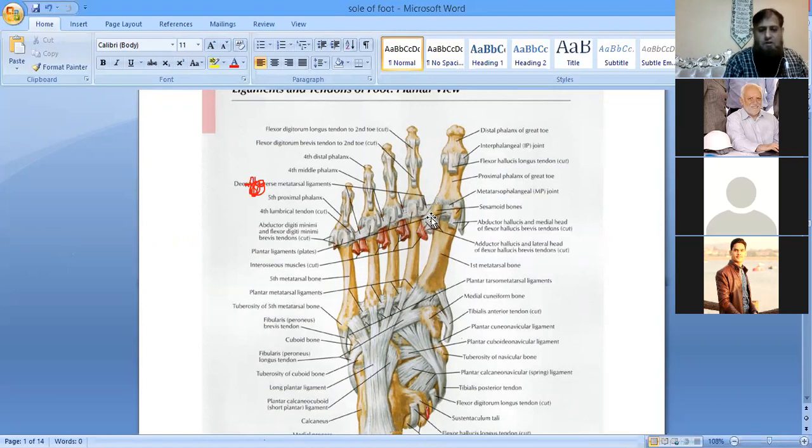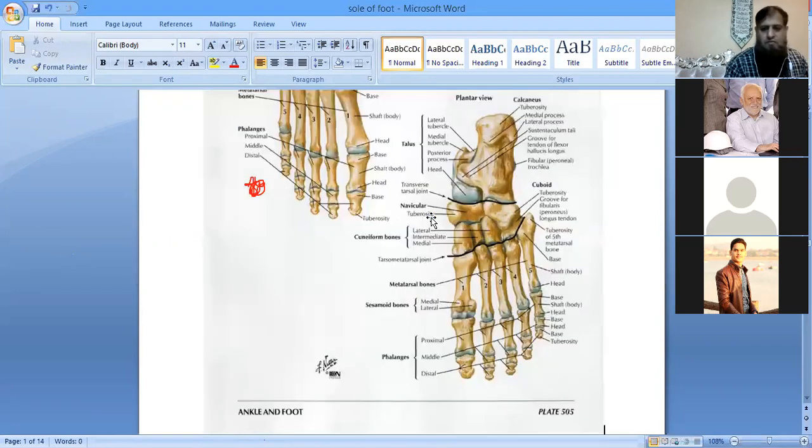Now we'll talk about the muscles of the sole of the foot. Before talking about the muscles of the sole of the foot, you must be knowing about certain important bony landmarks over the sole of the foot, right? So here you can see this is the plantar aspect of the bony skeleton of the foot, right? And here you can see this bone, that is a